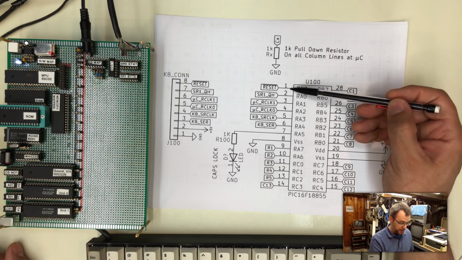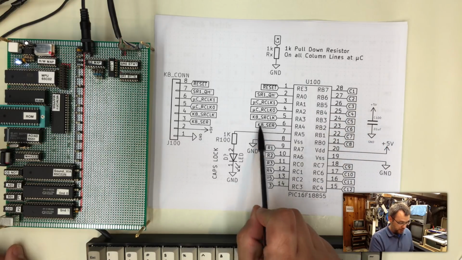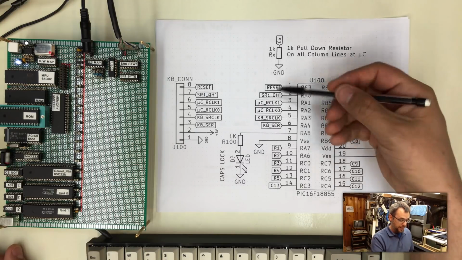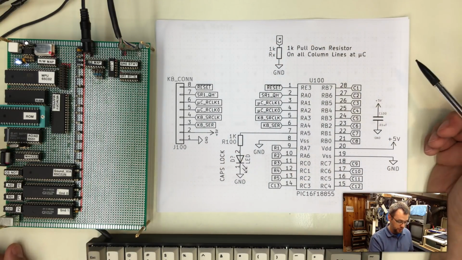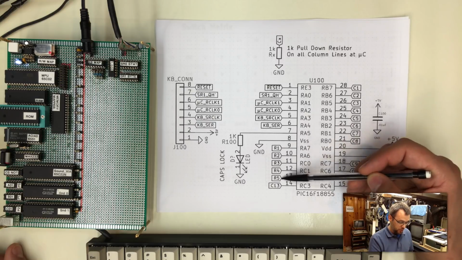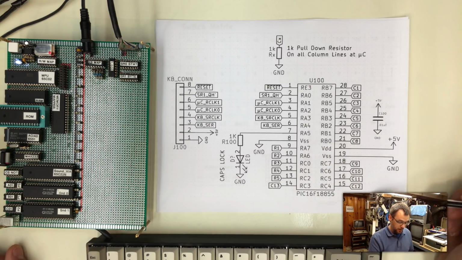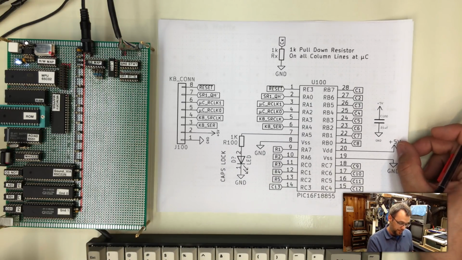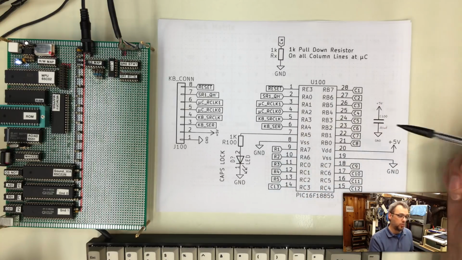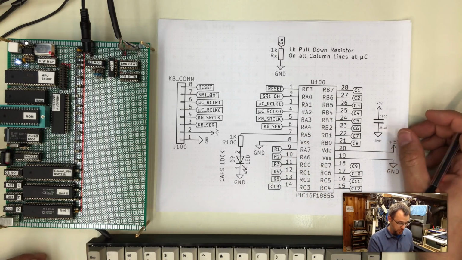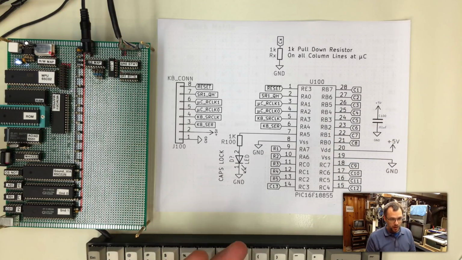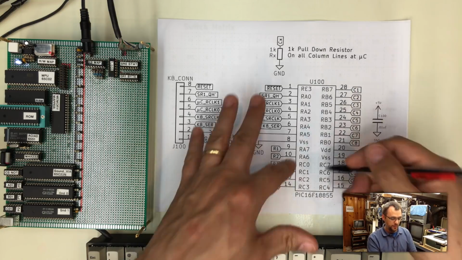For example, these pins right in a row correspond directly across to the actual keyboard connector pins, so that makes sense to just run those lines straight over as a bus. Then all of our rows are in a line, and all of our columns are in one line to make the wiring a little bit simpler on the board there. Effectively, this code is identical to what it was in the other chip, as I already said. No real change there, just some small tweaks to tell it which pins to use, and a little bit of tweaks regarding the clock generation, because the chip uses slightly different